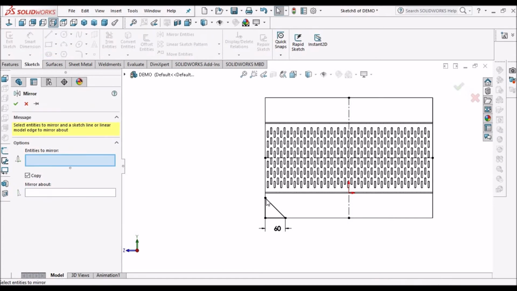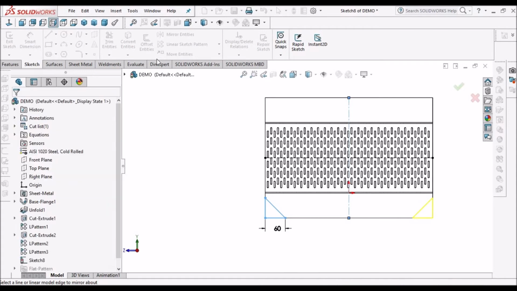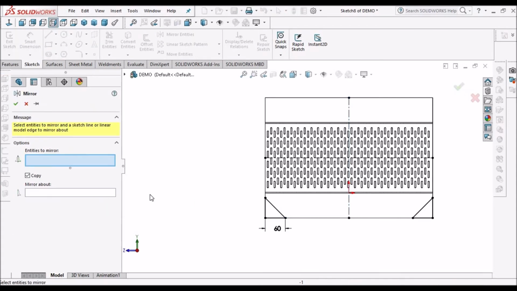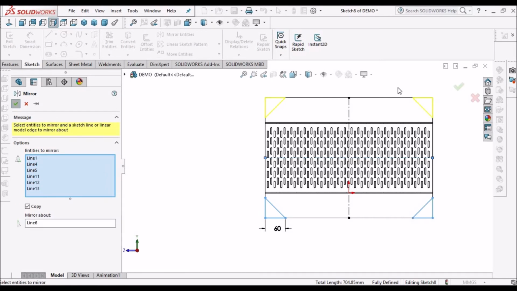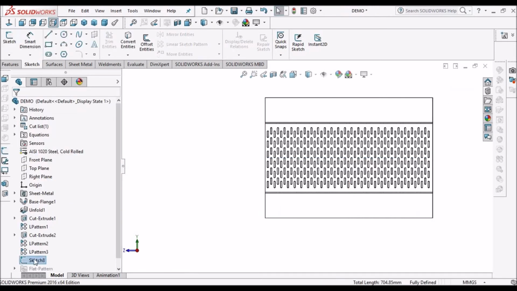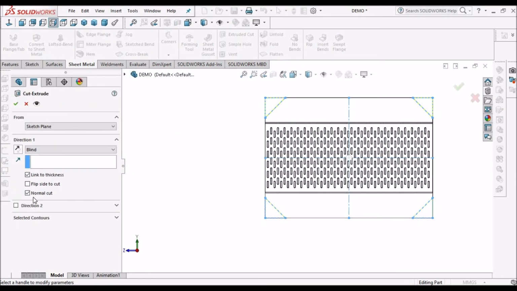Go to mirror entity, once again go to mirror entities, select the center line, and select these two entities. Select the sketch and go to extruded cut. Here link to thickness and normal cut. So cut always will be normal.